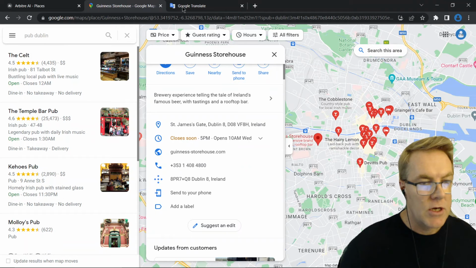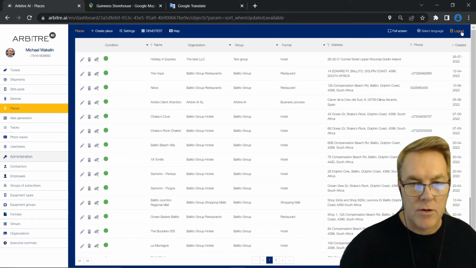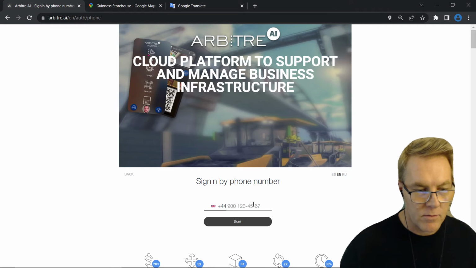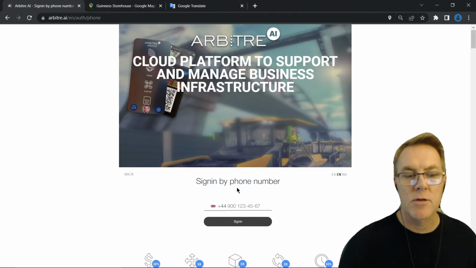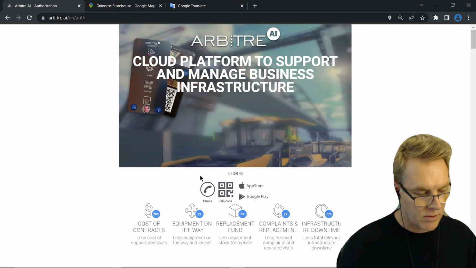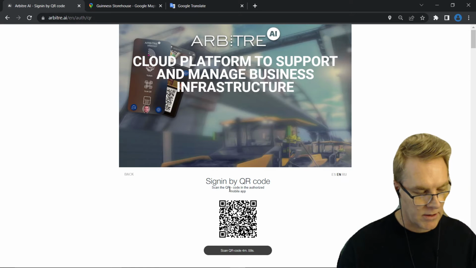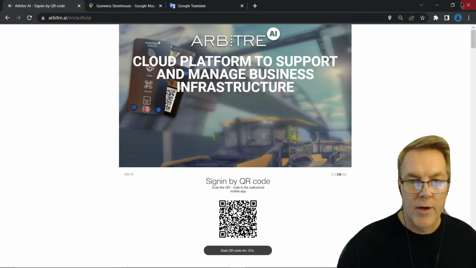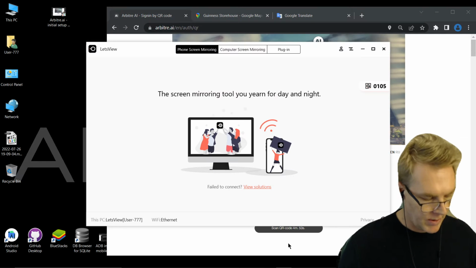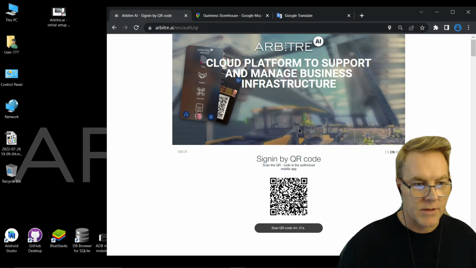So the first thing you need to do, go to your Arbitre.AI website and you can log in either by phone number, in which case for the first time registration you will receive an SMS code, or the way I like to do things, I'm terrible with passwords. I always forget my passwords. I just click QR code, and from the telephone app, which is on this side,